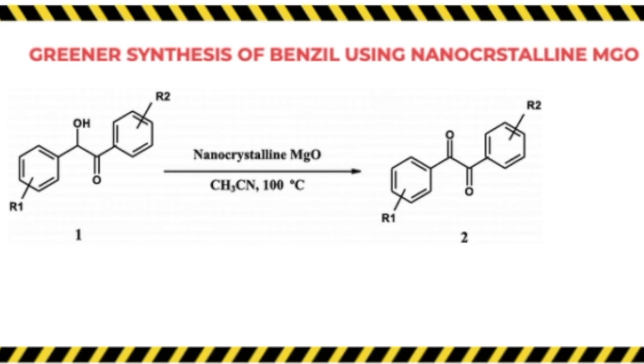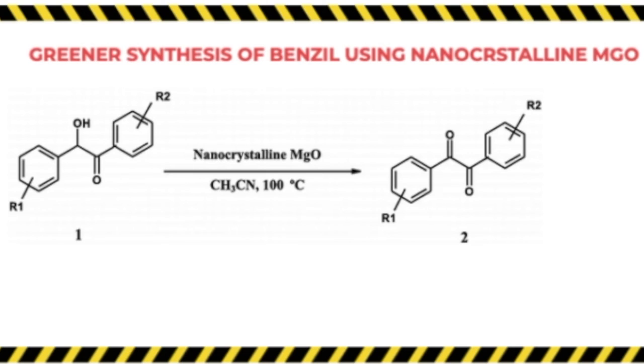Notice instead of using the nitric acid, we're going to be using the nanocrystals of MgO. Those magnesiums on the MgO catalyst are going to allow for a more controlled environment in the synthesis of Benzil. Those magnesiums are going to have a greater selectivity compared to the nitric acid in the other reaction, and that selectivity allows for a shorter overall reaction time. This reaction should only take about 2 hours compared to the one with nitric acid, which should take a student or scientist in the lab anywhere from 3 to 4 hours to complete,